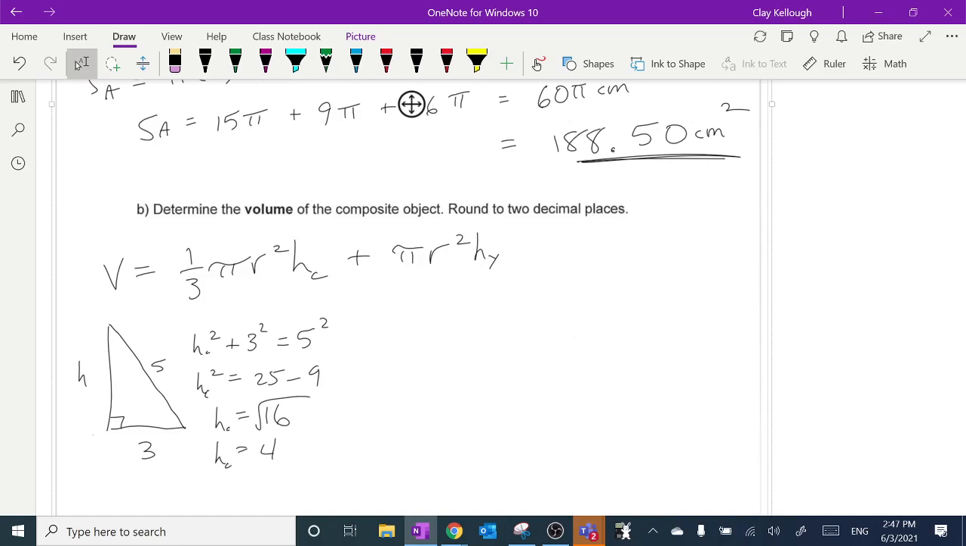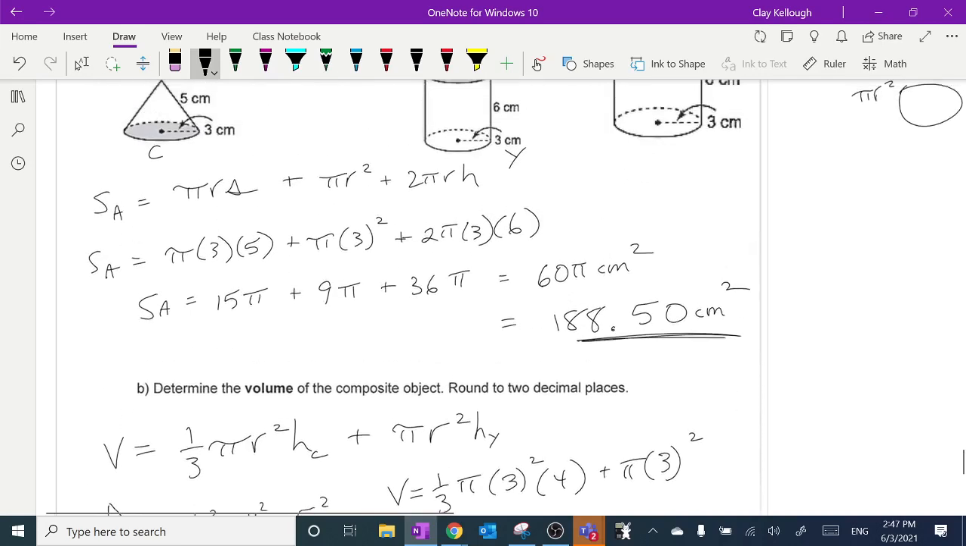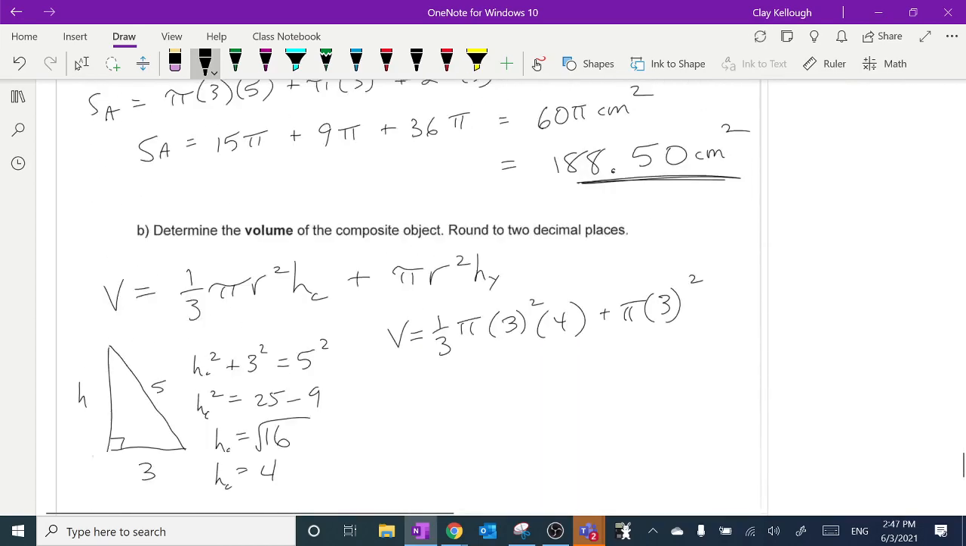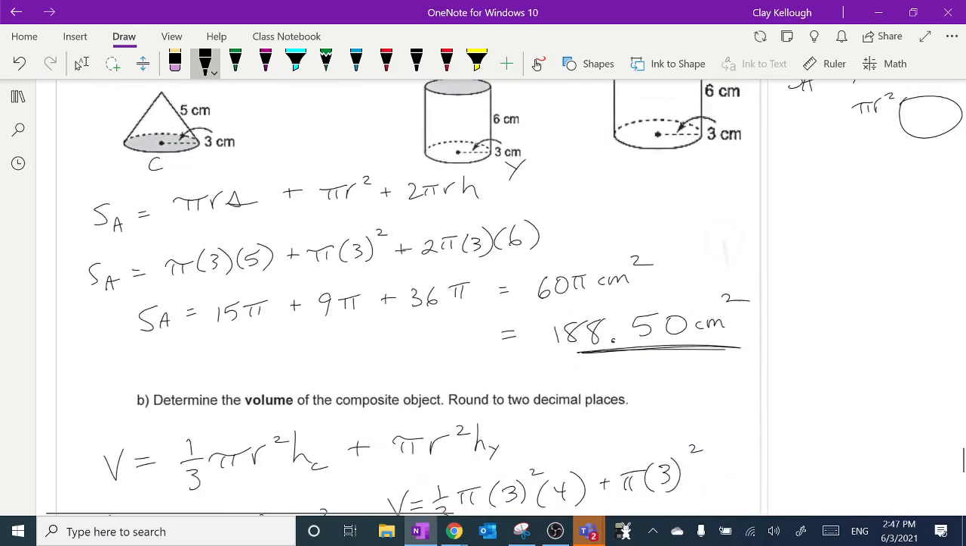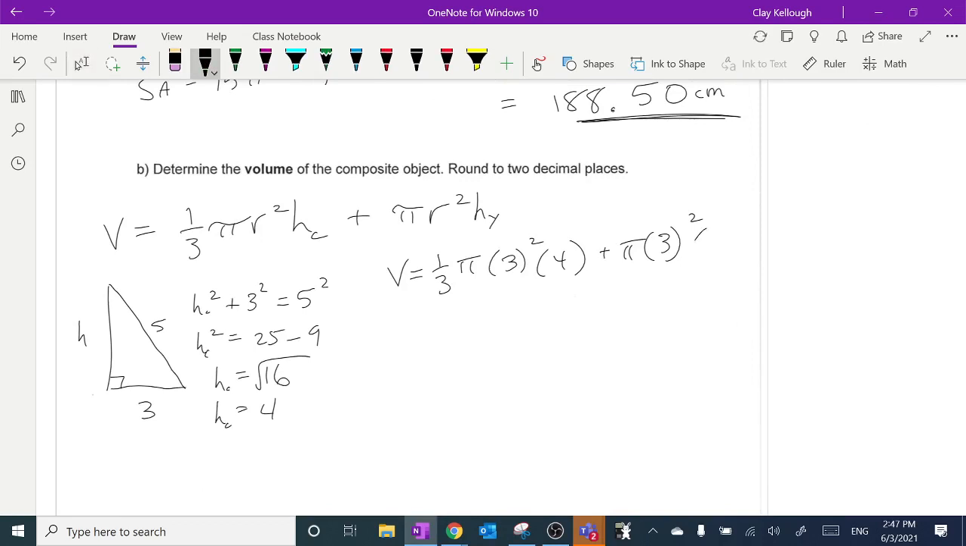So I'm ready. I now know all the numbers. I'm ready to run with my formula. 1/3 times pi times 3 squared times 4, which is the number I just figured out, plus pi times 3 squared. And they told me the height of the cylinder is 6, times 6. Once again, I think I'll get an answer in terms of pi. Advanced techniques here: 3 divides into these two 3's and cancels the squared. So this is 12 pi